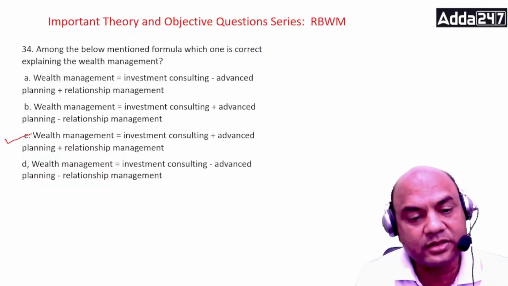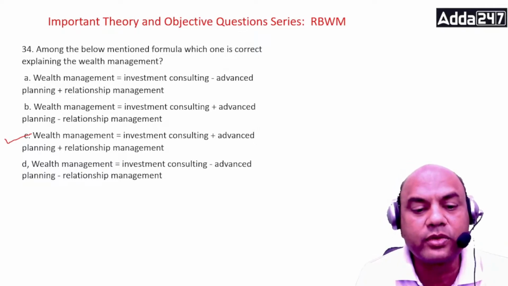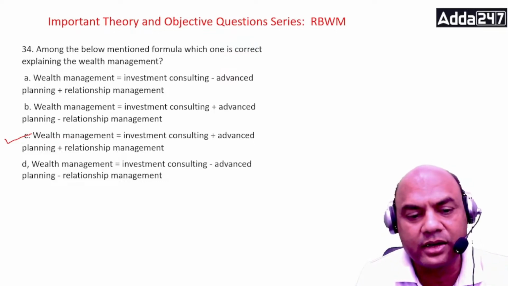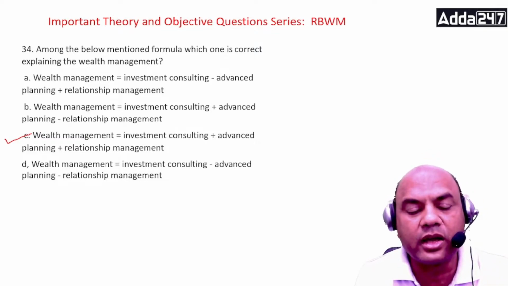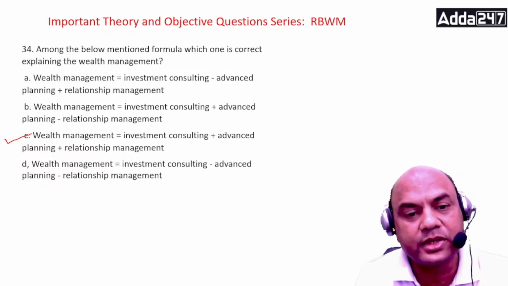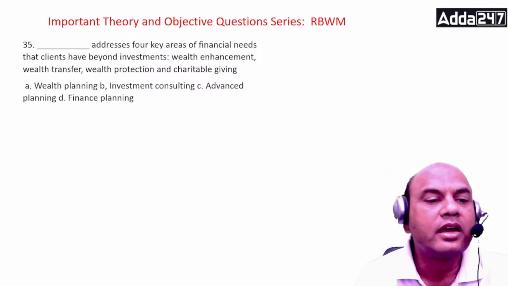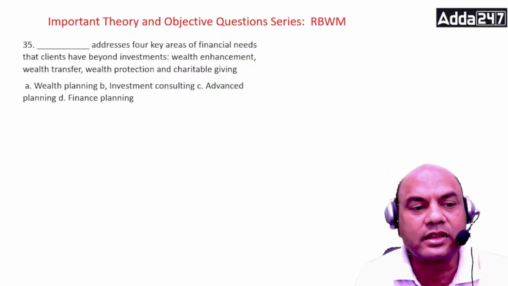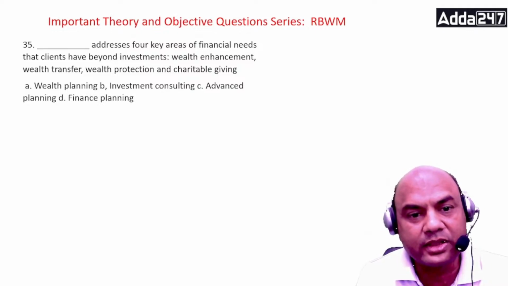Third is relationship, right? Without relationship, how can you work? If you're not in a consulting mode with the client, you can't give the right solution to the client, isn't it? So basically it means you have to encompass everything, all of these. Okay, got it? Next, dash addresses 4 key areas of financial needs that the clients have beyond investments: